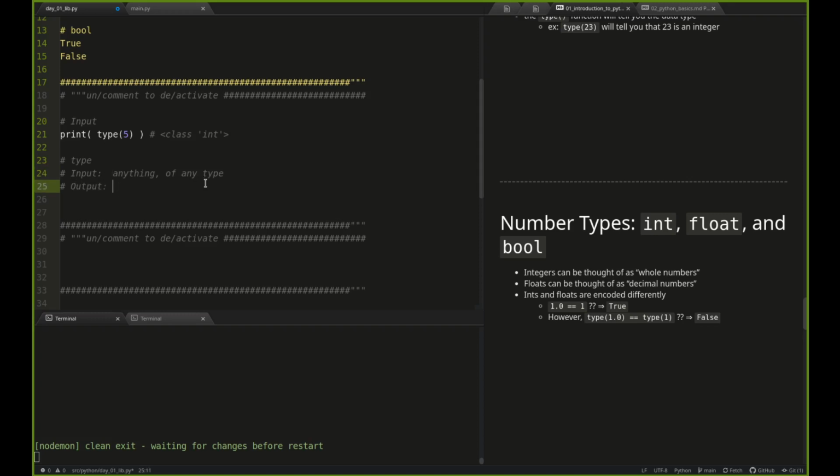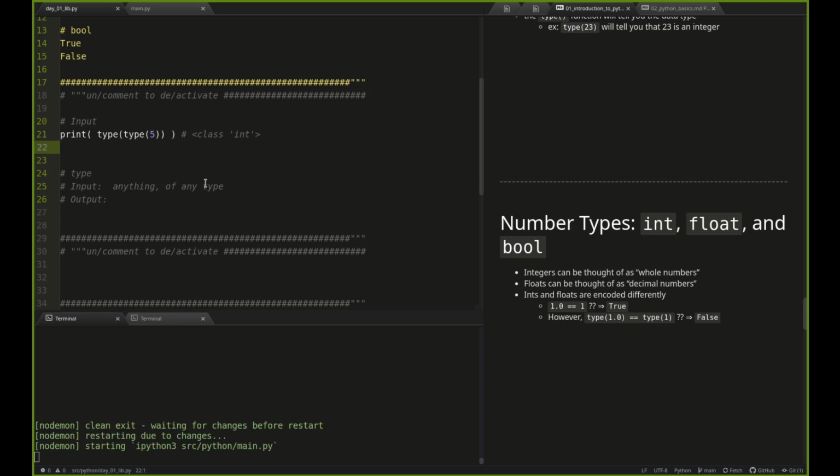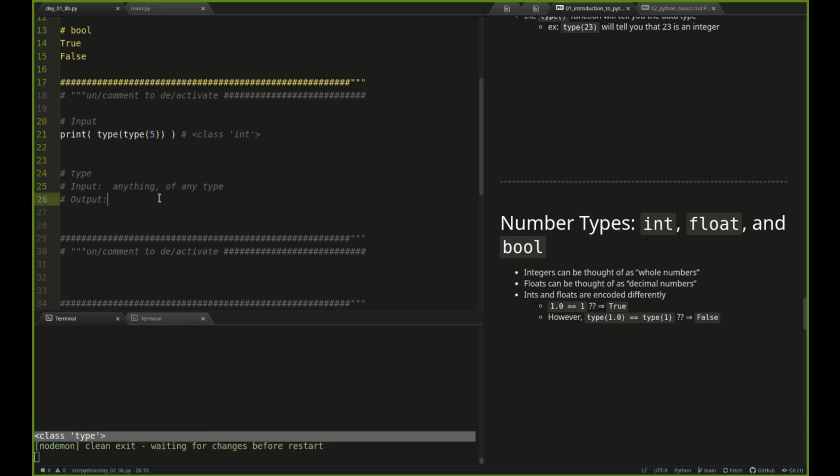So type does have an output. Well, if I wanted to know the type of type, I could pass type to type like this. So it outputs class type. That's what it outputs. Outputs a class type object that describes the type of the object